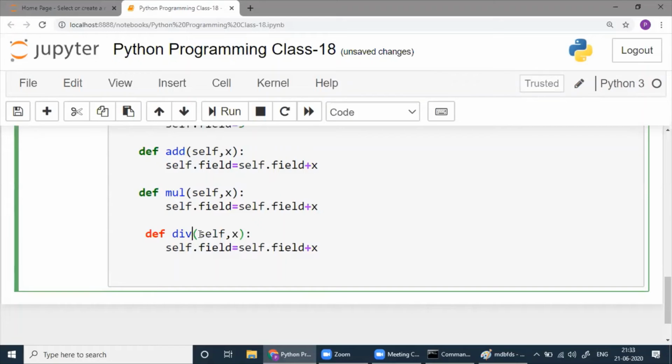See, 4 methods I've defined here instead of 2. That time we had 2 methods. So divide means we have to write division here, multiplication here, multiplication star. One is left.